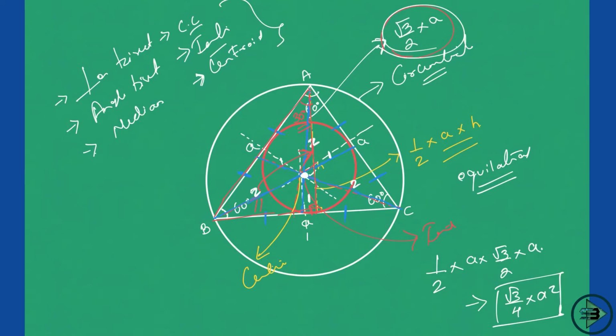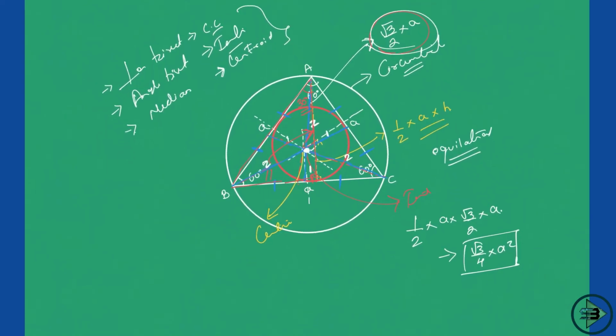So you know what is the height? Yes. You know what is the area? Yes. Now I am asking you, what is a circumradius? Which means what? You draw this circumcircle, right? And this is where your center is. So what is this radius? What is this radius is my question to you. Okay, so you will say, you are asking me this radius, or you are asking me this radius, right? This is what I am asking you.